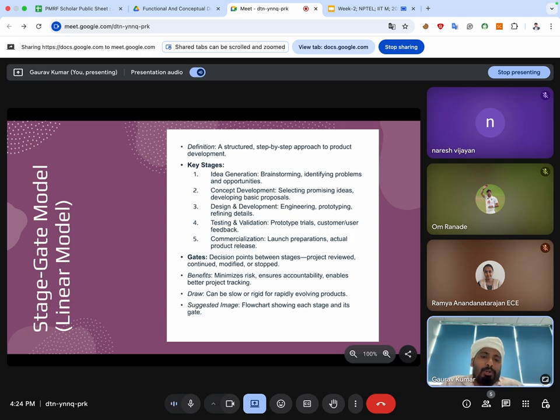Next, third is design and development, like engineering prototyping, using CAD models, material selection and design detailing, etc. Fourth stage is testing and validation. So make a prototype, a low fidelity model. A low fidelity model is a very basic model. So make prototypes, and then get feedback from real users.